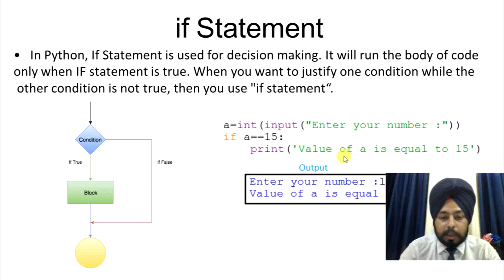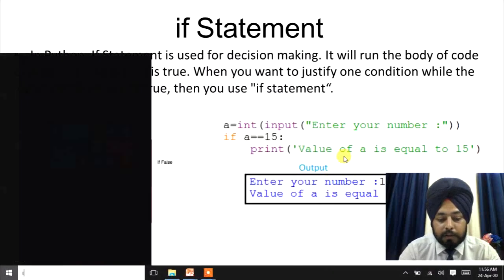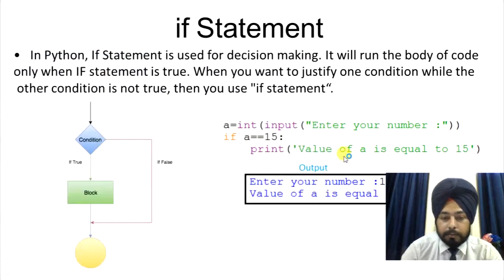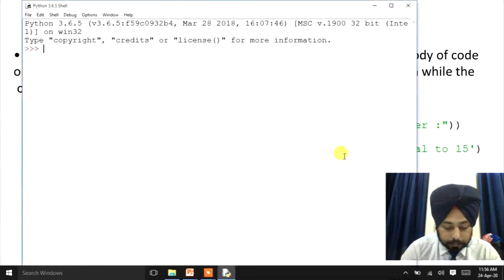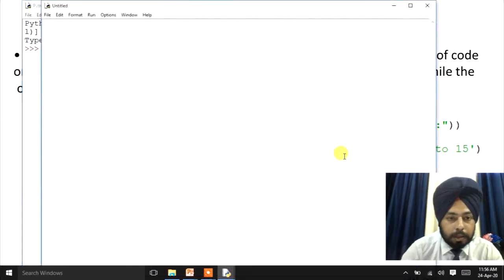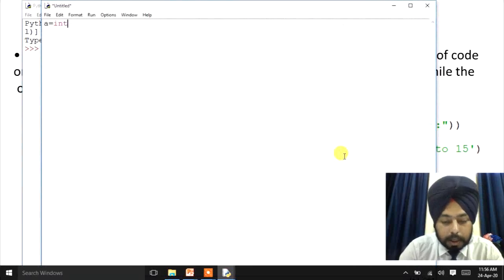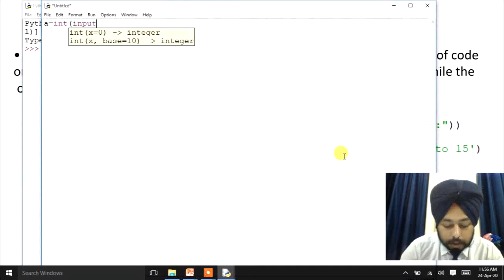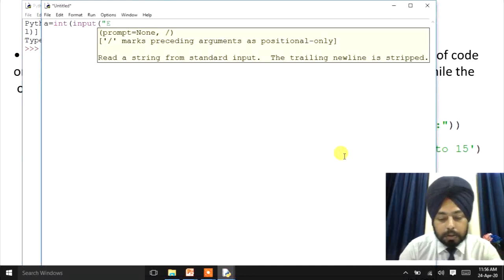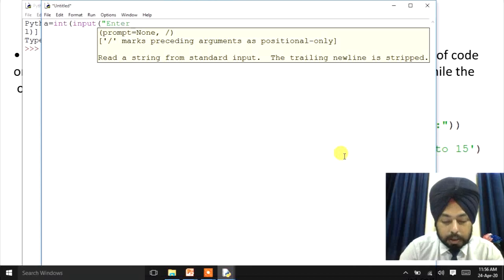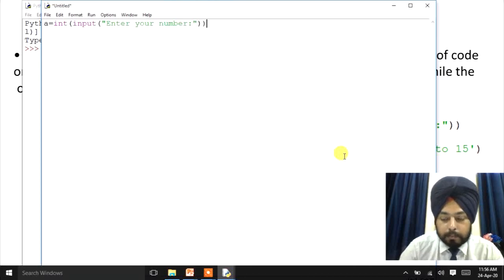Let's do a practical. For that, we'll use IDLE. Here we'll type a program. a equals int, then the input function, input, enter your number, right?